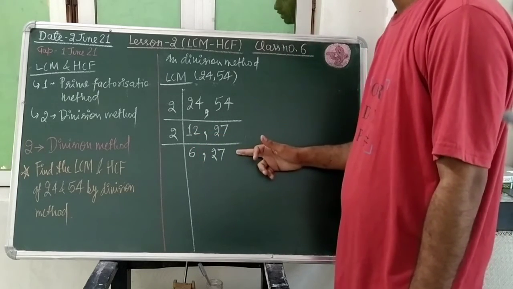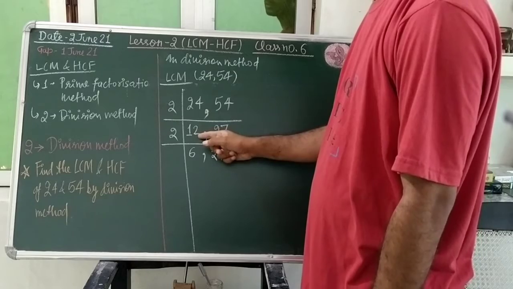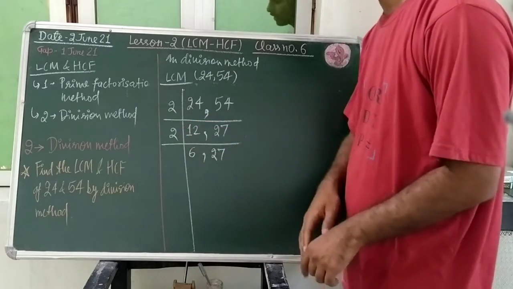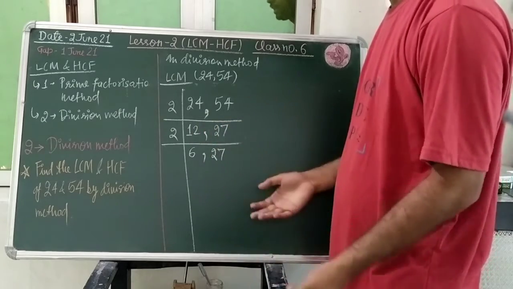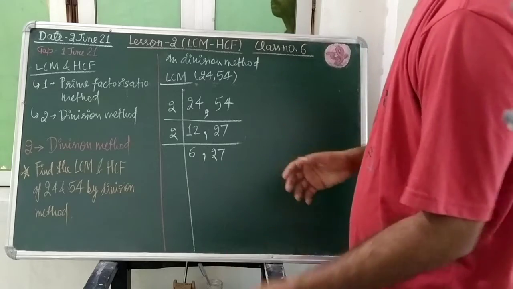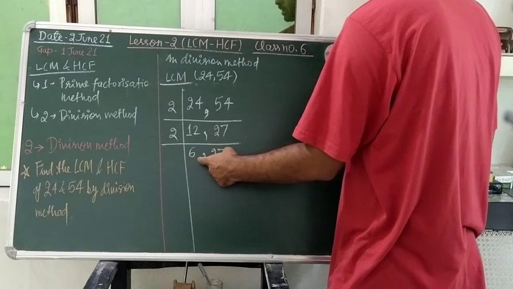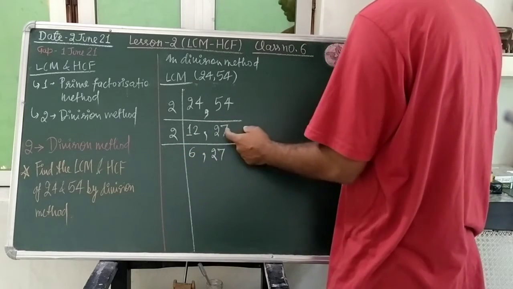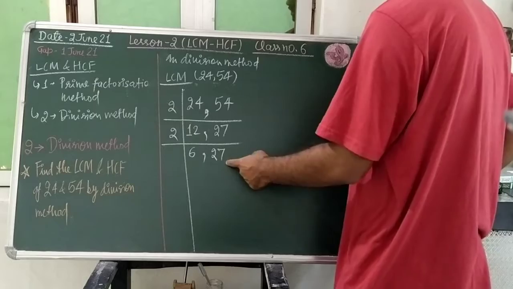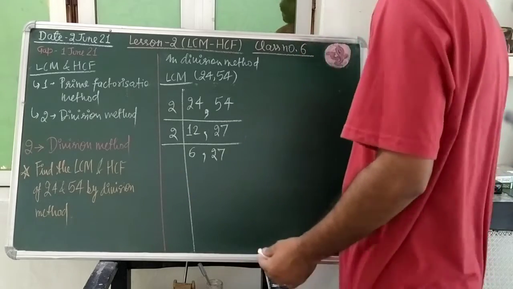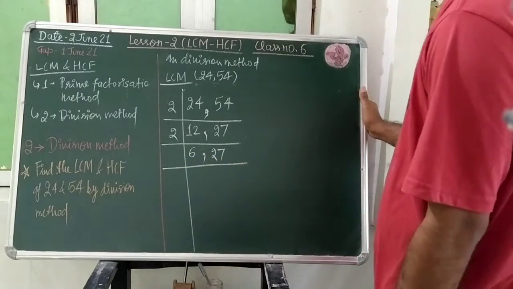Second line we are talking about. We were selecting one number and looking whether 2 is going to divide this. 2 will divide it, so 2 we shall select. And you are getting composite numbers here. For composite numbers, I have told you that you will start from 2 and move up to 11, and 1 you will ignore. So it is going to go 6 times to divide this 12, and 2 is not going to divide this 27. That is why we will write 27 in the same way. The second horizontal line is completed, and we shall start the third horizontal line.